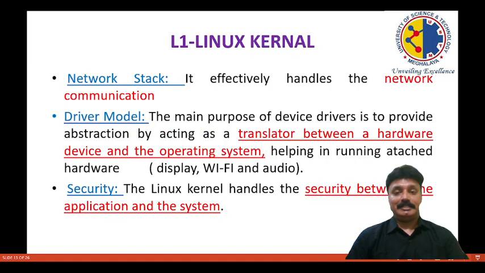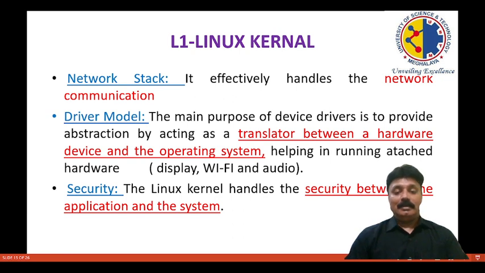Then network stack, it is effectively handling the network communication. The driver model, it translates between a hardware device and the operating system, which is helping in running attached hardware. It may be the display, Wi-Fi, and audio.